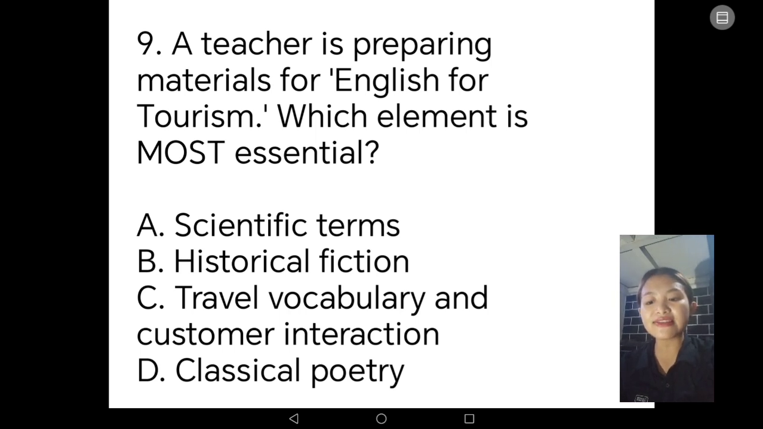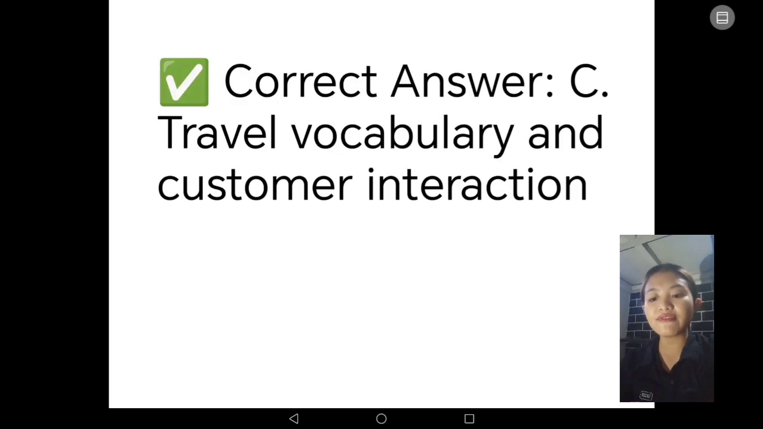Okay, the correct answer is letter C. Travel vocabulary and customer interaction. Because English for specific purposes for tourism includes phrases and dialogues used specifically in their environment, like hotels, tours,